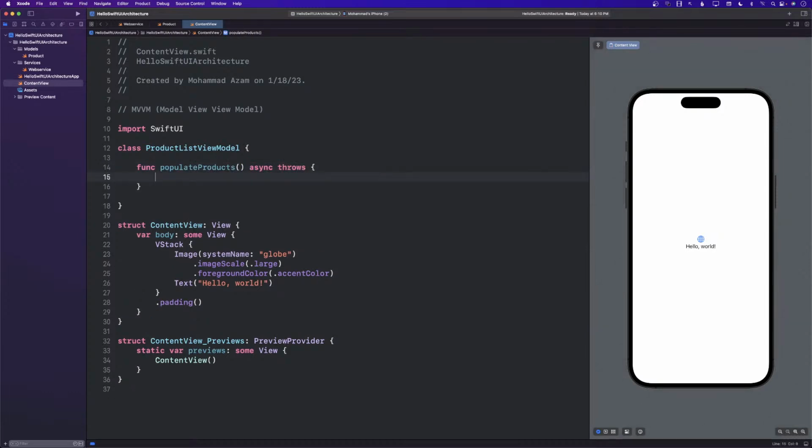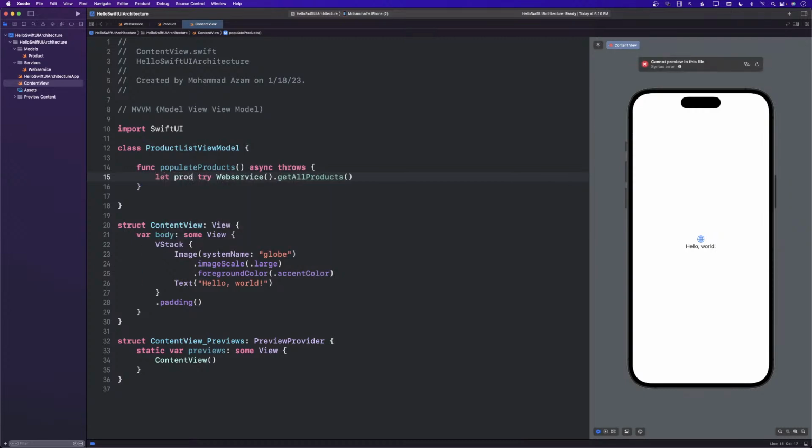Populate products is going to call the web service. Now I'm bypassing all of that. Oh, you need to inject the web service as a dependency so you can mock. We're just going to make it simple. Forget about mocking for now. We're just learning about these architectures, so we're not going to pass a fake, stub, or mock or these kinds of things. We're just going to create an instance of the web service and call getAllProducts, and that's it. So no mocking, nothing going on.